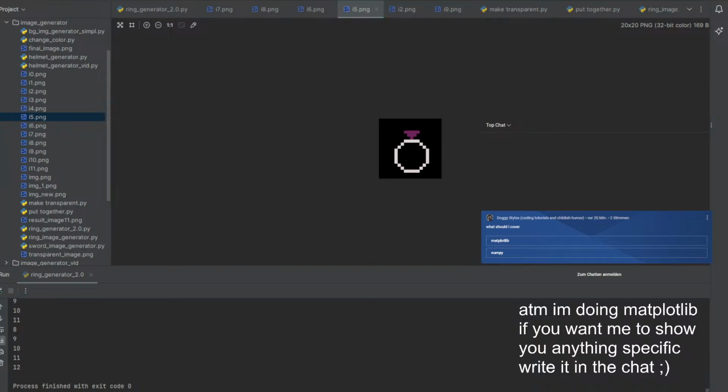Oh, I got an ad. 1 second, let me skip this annoying ad. Okay,